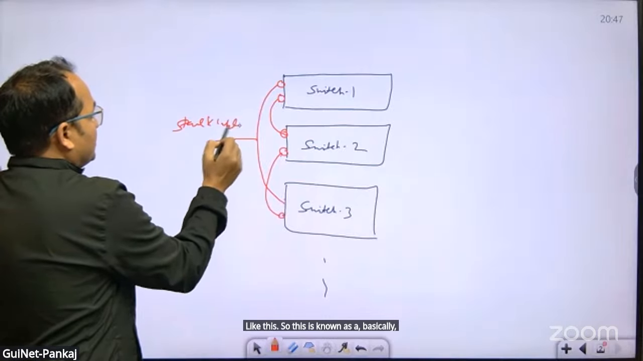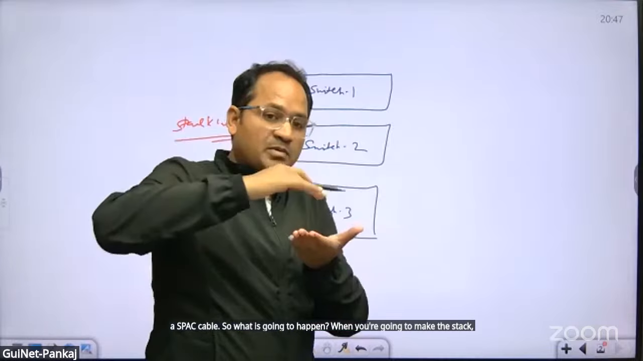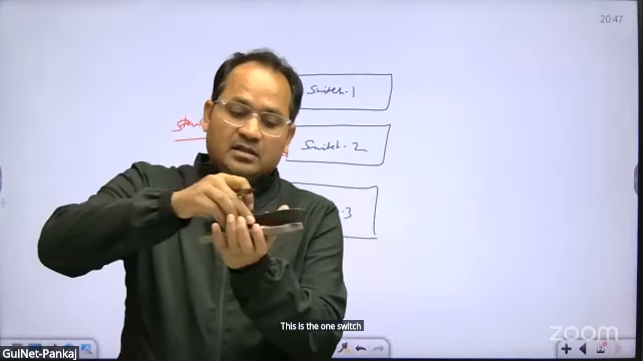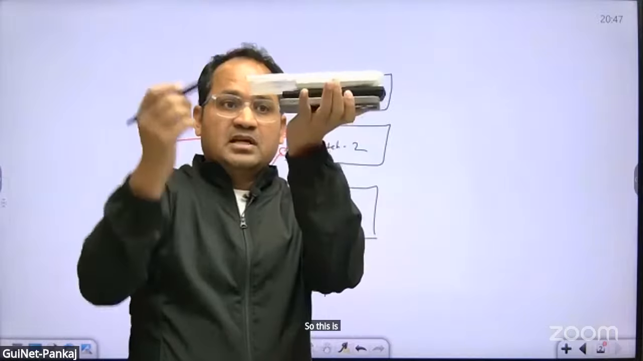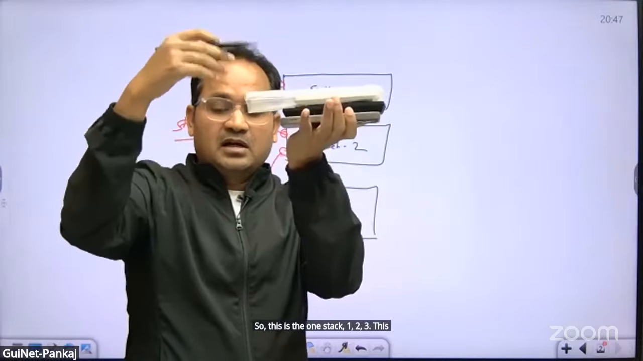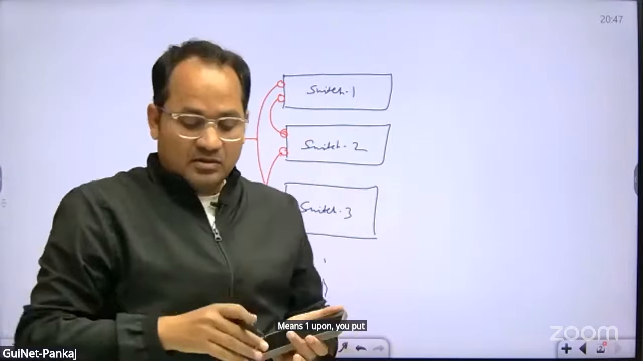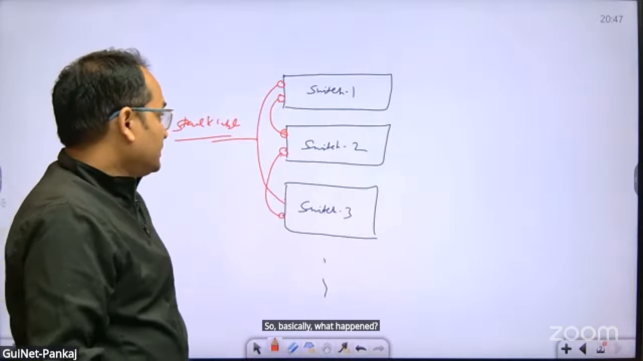So this is known as a stack cable. So what is going to happen when you make the stack, means all switches are going to stack one by one, means this is one switch, this is another switch, this is another switch. So this is one stack, 1, 2, 3. This is the meaning of the stack, means one upon another, you put devices to make the stack. So basically what happens when you do the stack,